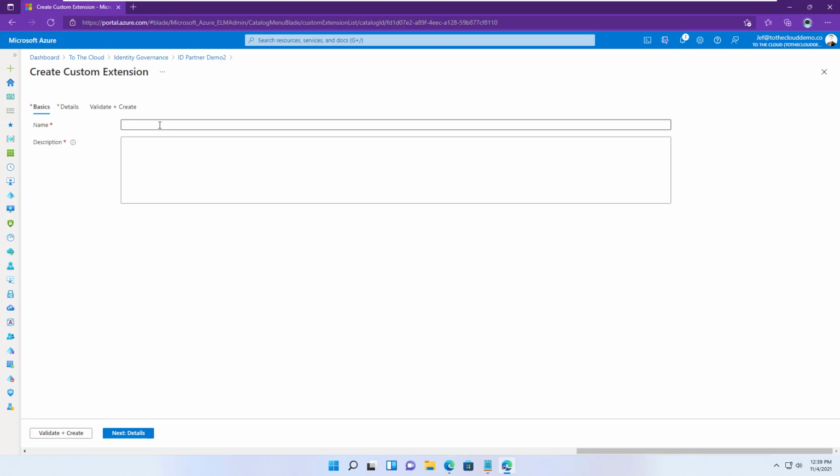So we're going to add a custom extension. We're going to say send custom welcome mail. And I recommend giving it a name that you are familiar with and a description that makes sense